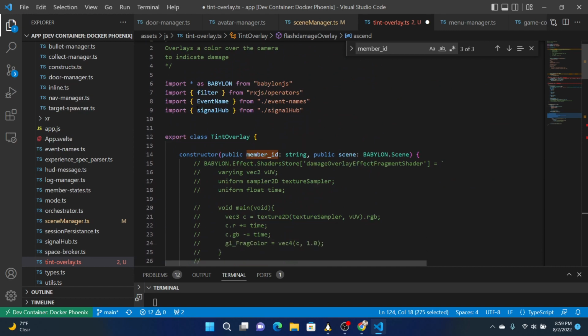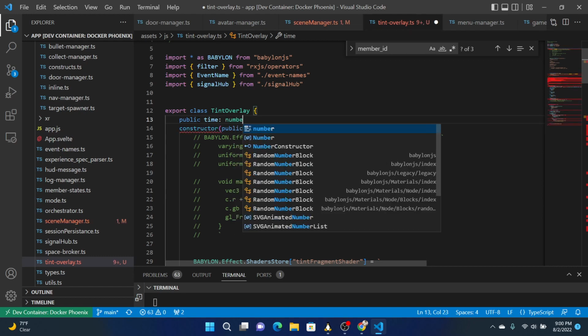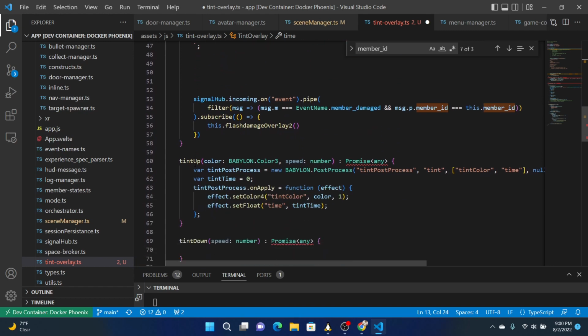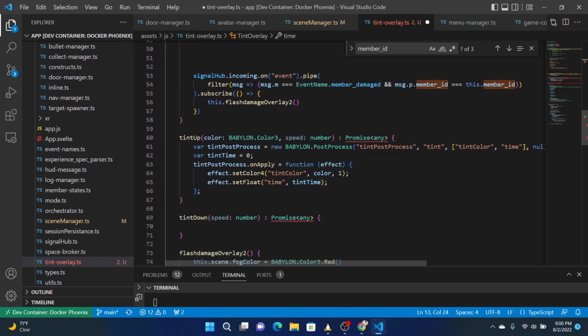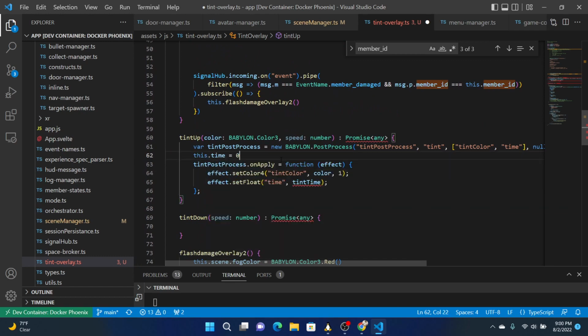So let's set the time variable to be here, public time, and it's a number. And so when we bind this thing, we'll bind not tint time, but this time will be 0, and we'll set this to be this time. Okay, then we'll do